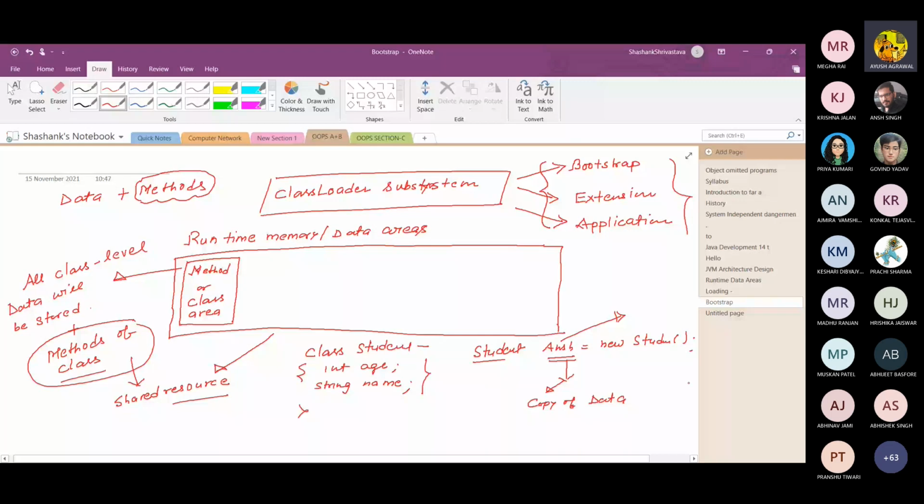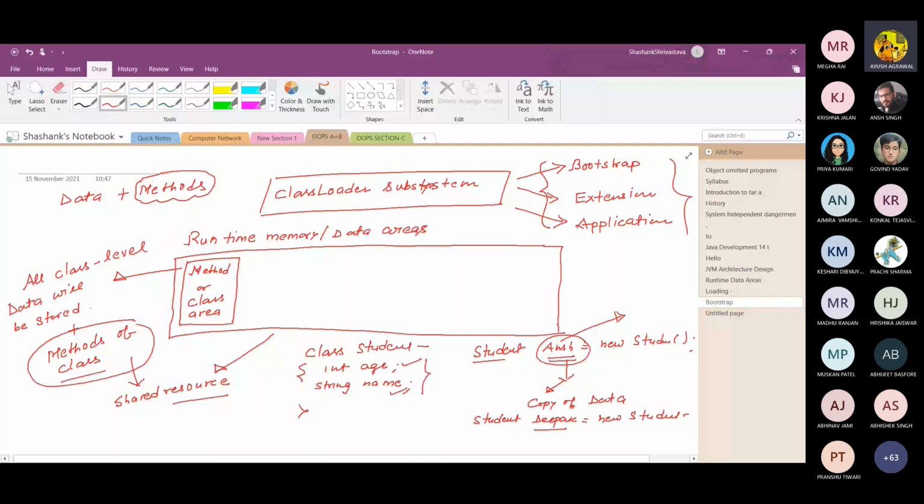There are two objects actually. In this case, ansh has its own copy of age and name, and deepak has its own copy of age and name. But both share the same methods.